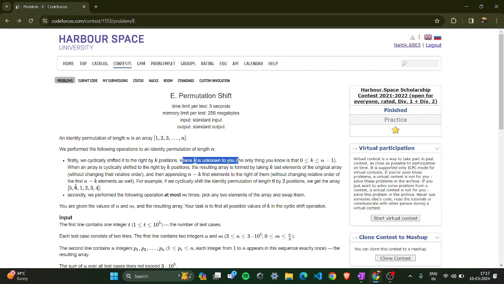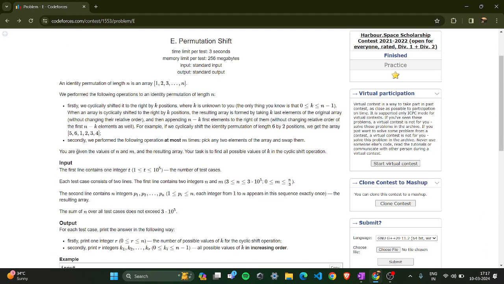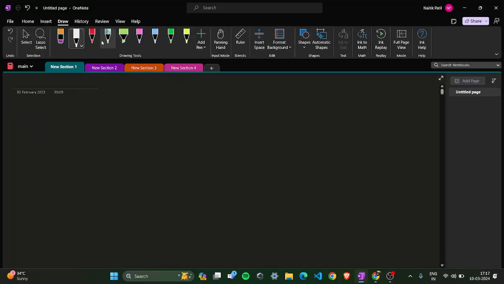And secondly, we perform the following operation at most m times: pick any two numbers of the array and swap them. So you are given the values of n, m, and the resulting array. Your task is to find all possible values of k in the cyclic shift operation. So basically,